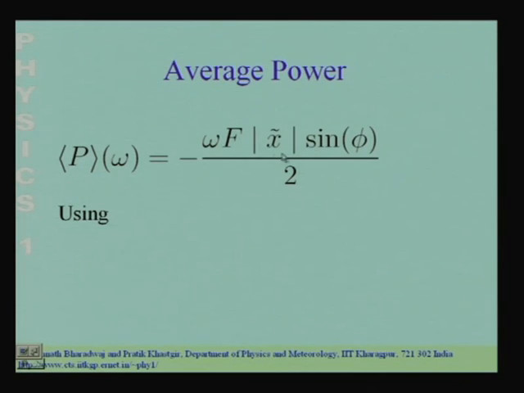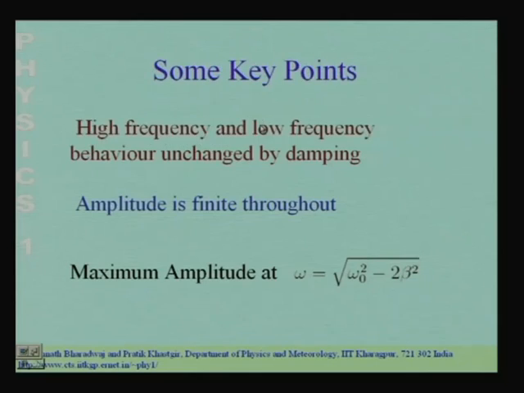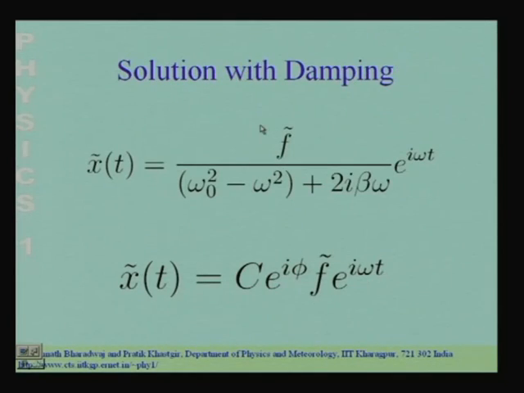Now, in this expression we have to calculate this term over here, that is the mod of the displacement into sin phi. Let us go back to the expression for the complex displacement, and ask the question, what do we mean by the mod of x into sin phi? The phase phi is the relative phase between the displacement and the force. The e to the power i omega t occurs in both the force and the displacement, so we did not bother about this.